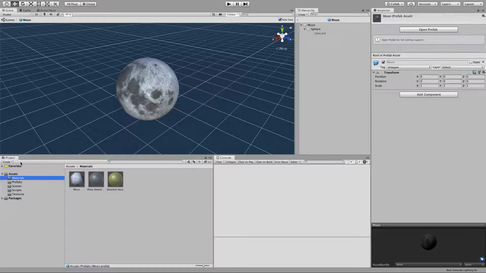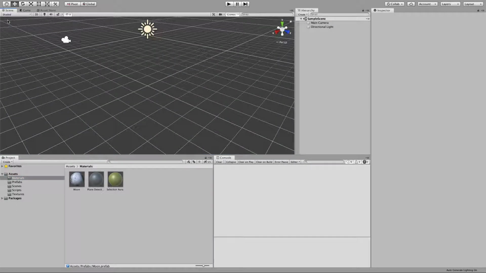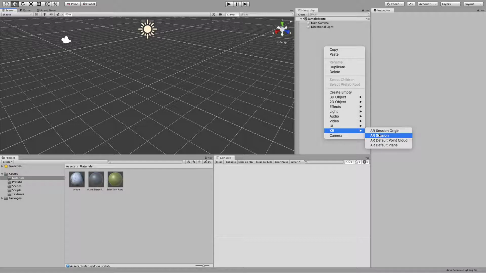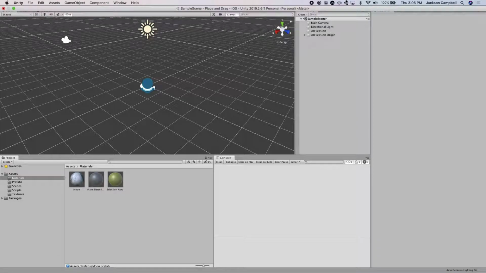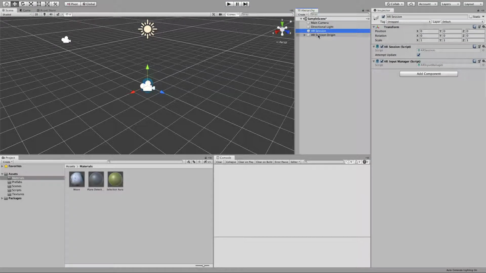All right, so then go back out of your prefab, back into your main scene, and we need to add our XR objects. So go to XR, and we're going to need an AR session, an AR session origin. Okay, so, did you get that,